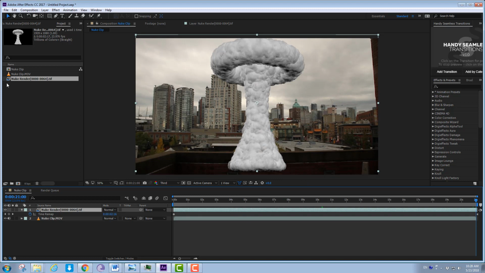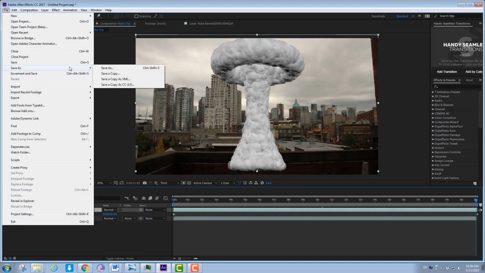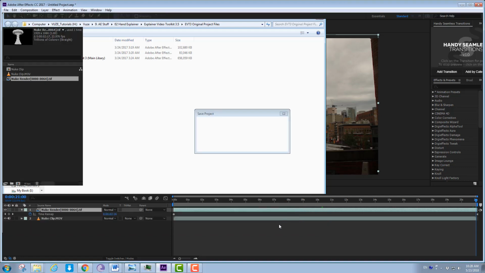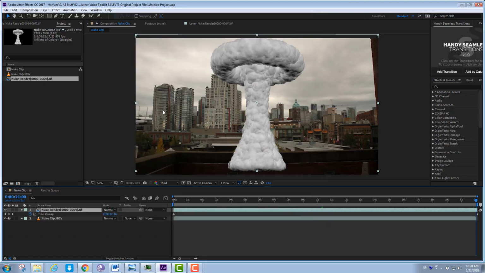All right. Being good students, you want to do a file save. So find a place to save this. Okay, save. You can call it whatever you want. Call it Nuke tutorial, but as long as we save our progress. Okay, so now that we have the new cloud for the entire duration,